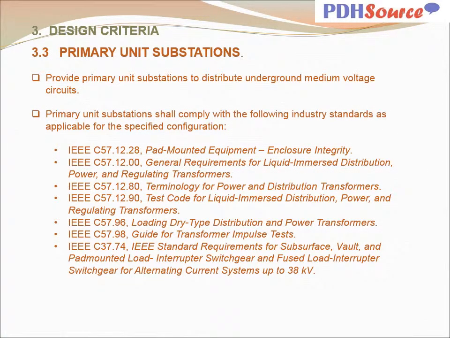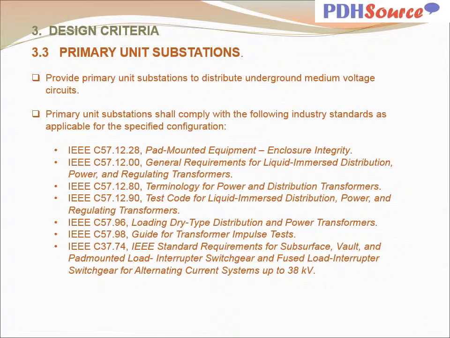Provide primary unit substations to distribute underground medium voltage circuits. Primary unit substations shall comply with the following industry standards as applicable for the specified configuration. IEEE C57.12.28 pad-mounted equipment enclosure integrity, IEEE C57.12.00 general requirements for liquid immersed distribution power and regulating transformers, IEEE